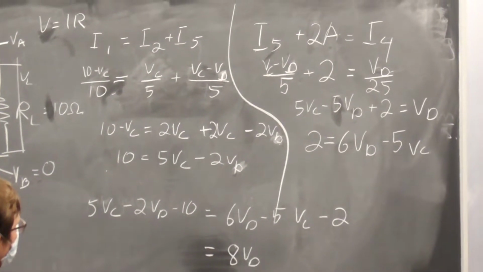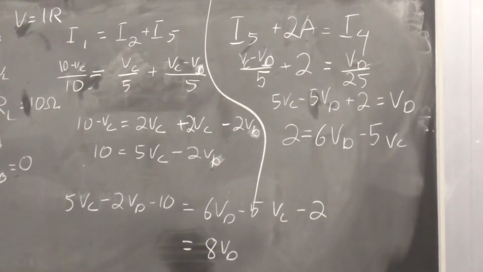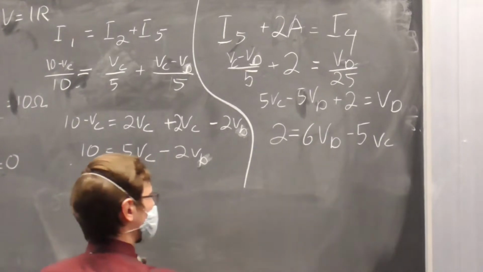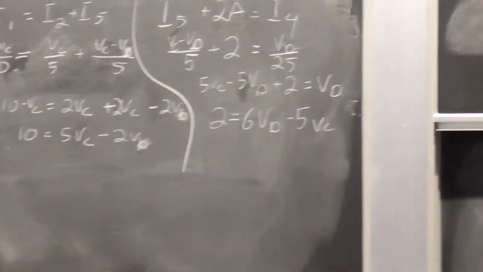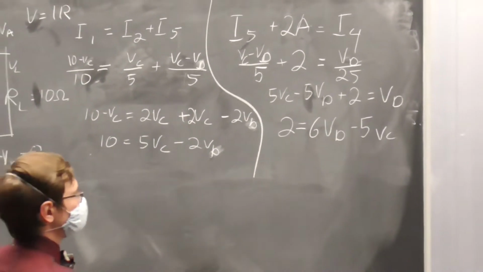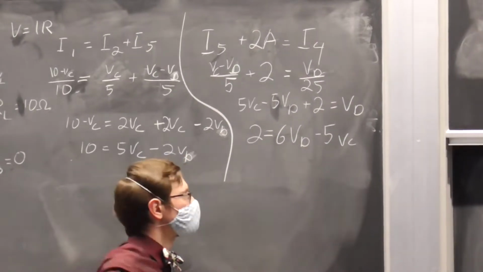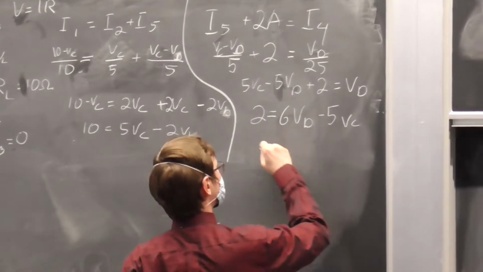Why did the 2 not get multiplied by the 25? I'm sorry, yeah. Can you tell it's been a while since I've had to do algebra? So,